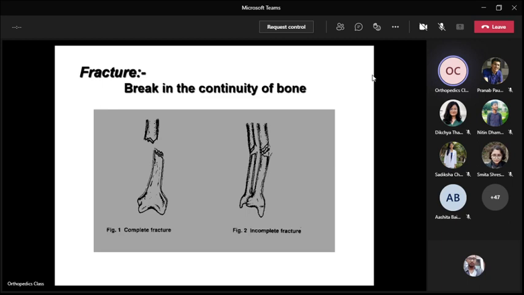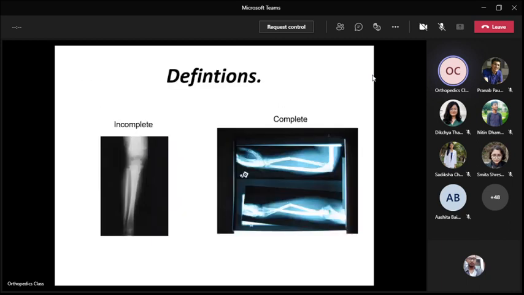That is also a fracture. Sometimes there is a hairline fracture, where just a line is going through, a break in the continuity of the bone. That is also a fracture. When it is high velocity trauma, the bones are apart. That is also a fracture. In this picture, one is a complete fracture with no contact between both ends, whereas in the other, one side is in continuity and the other side has given way. This is an example of incomplete and complete fractures.